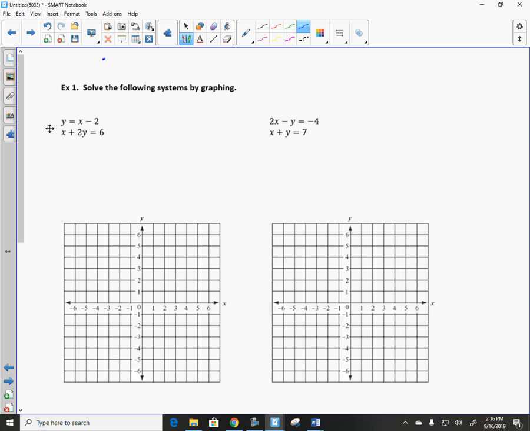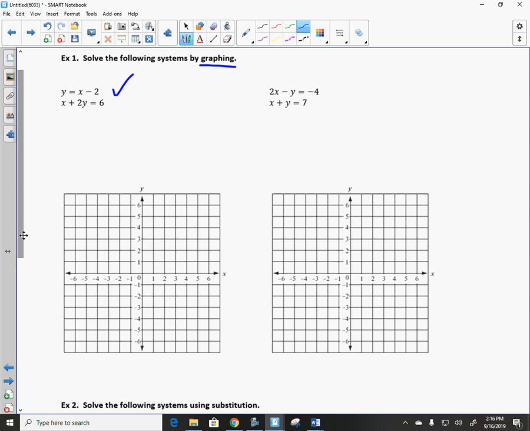So there's really 3 methods that we use. The number one is really the least used, and that's solving by graphing. So you can see this first one here, y is equal to x minus 2. As we graph that, if we just go down 2, and then up 1 over 1,